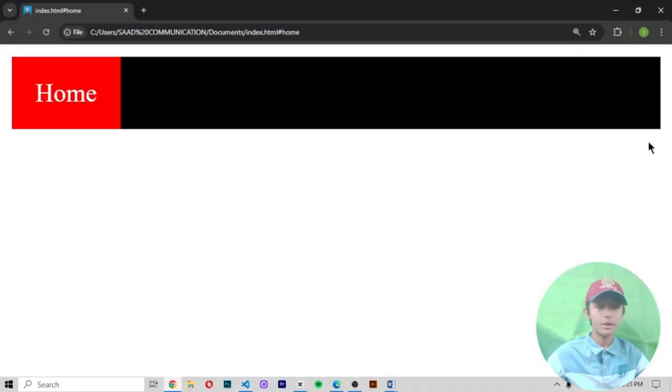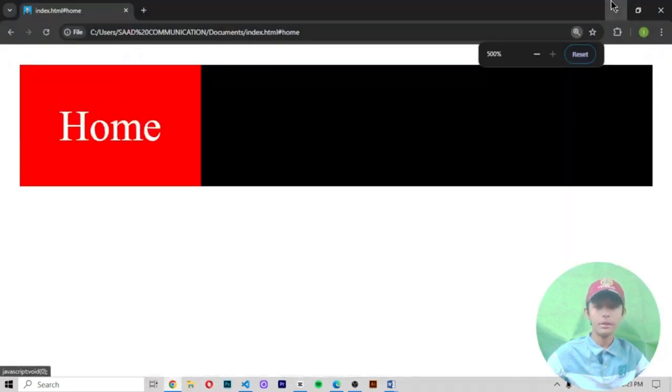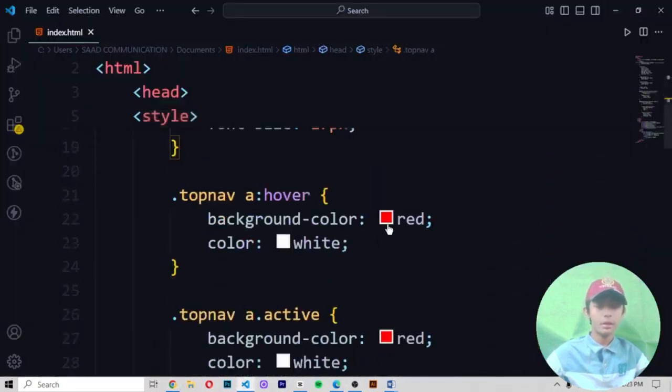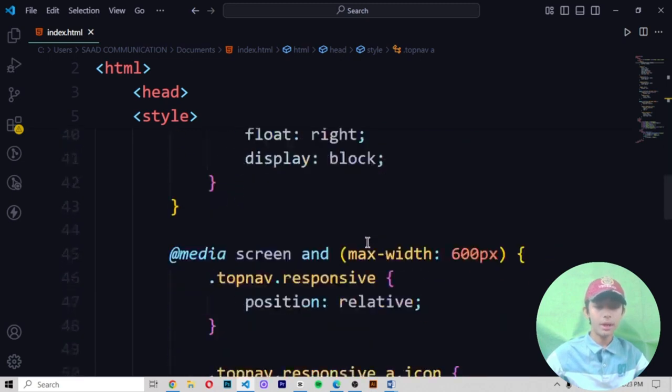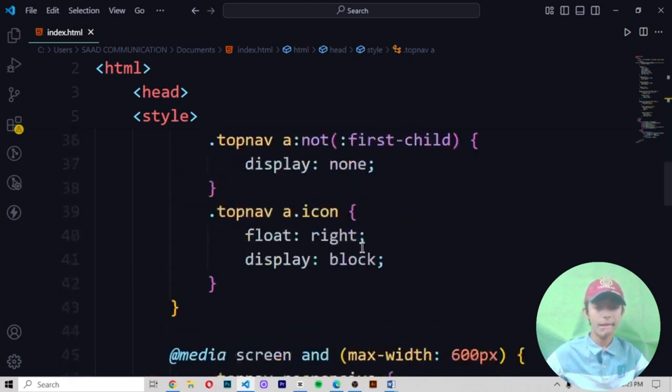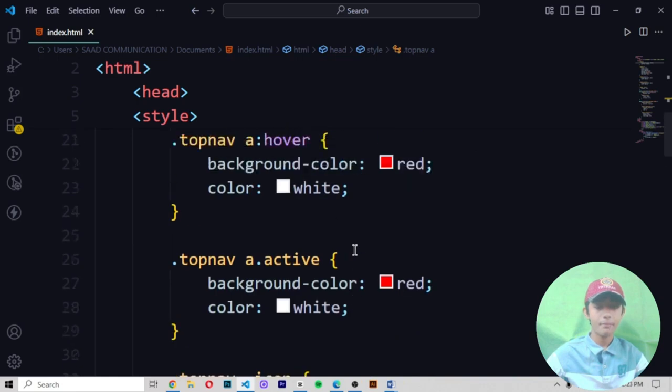Now let me see, save it and run it. Color will be red. White is not coming. Let me see. Okay, I understand why it is not coming, because I gave the wrong colors.